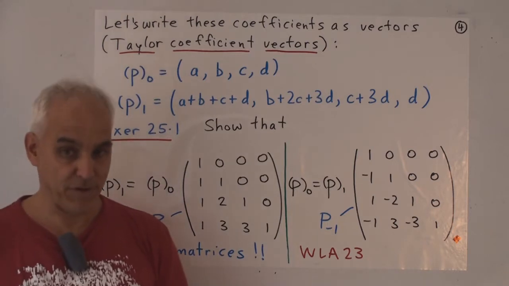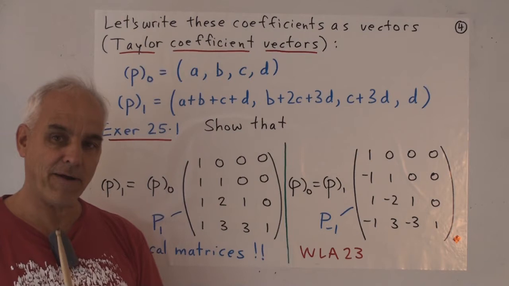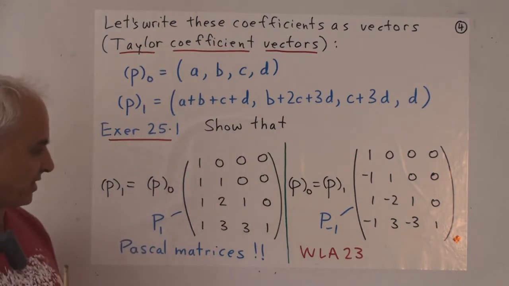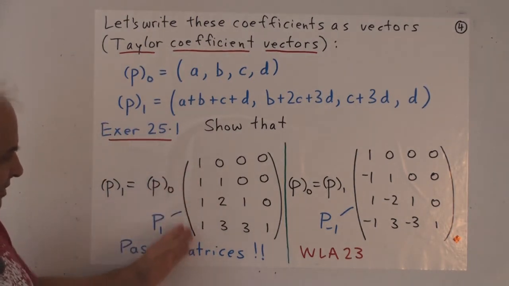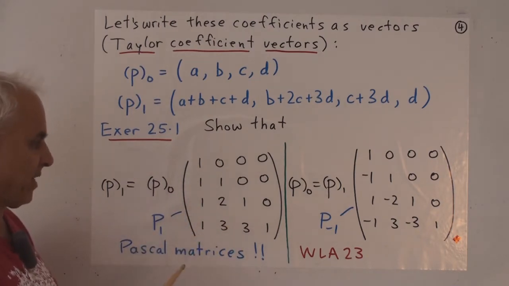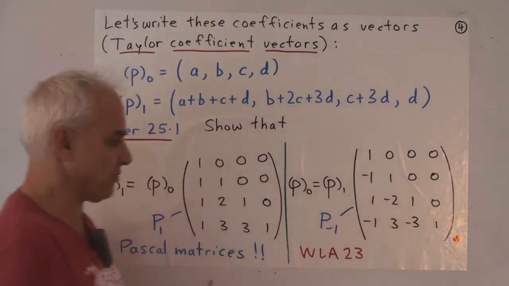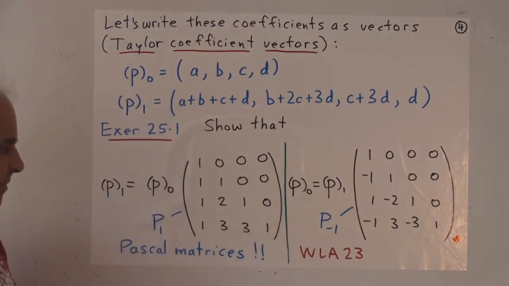Now, I hope these matrices look familiar to you? I hope you say, wait a minute, I've seen those things before. Those are the Pascal matrices. Of course they are. There's the Pascal triangle sitting right here. We can't help but see it. And this is just the Pascal matrix with minus ones along alternating rows.